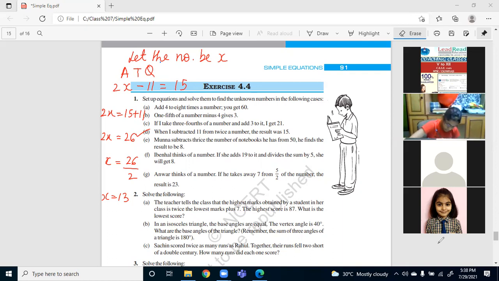Excuse me, ma'am. Yes, ma'am, the answer of E part, ma'am, is 22 by 1. 22 by 1? Yes, ma'am. 22 by 1 means 22, you want to say? No, ma'am, it is not dividing, ma'am. It is left with one remainder. 22 by 1 means 22, Samraj. Okay, ma'am. So you are getting 22 as answer?